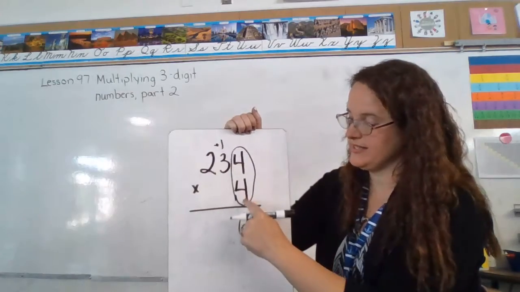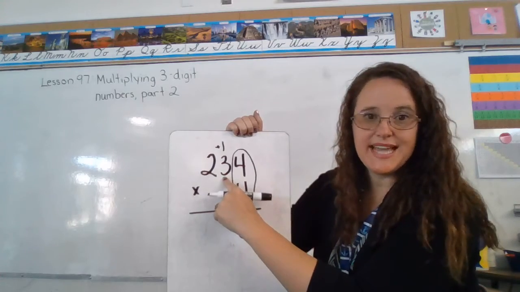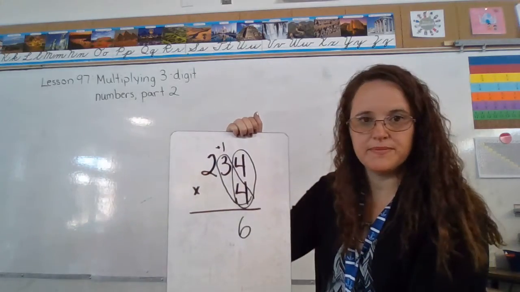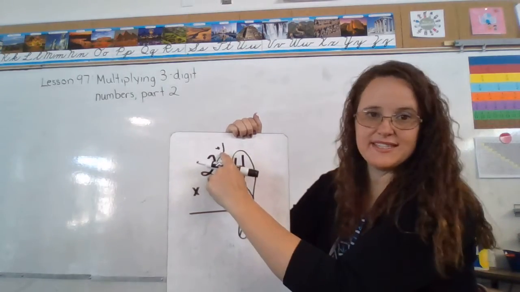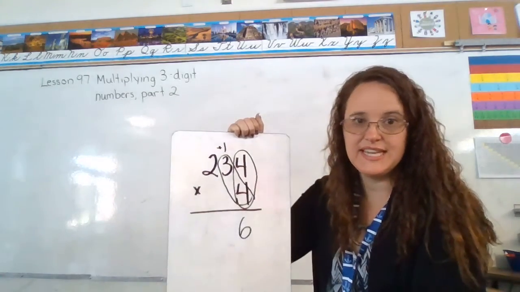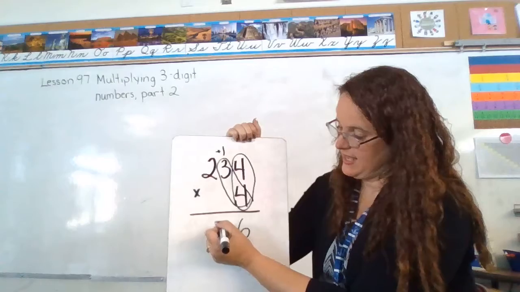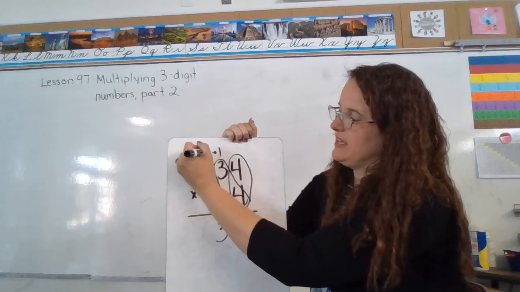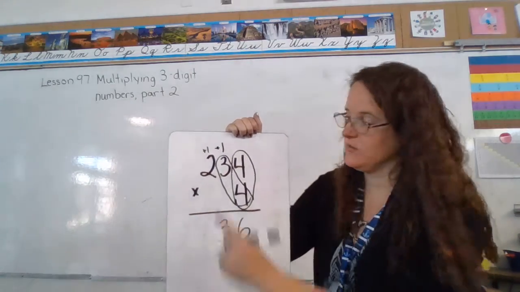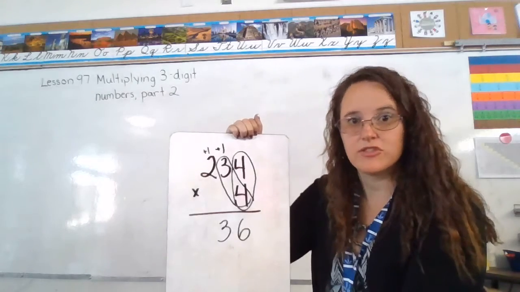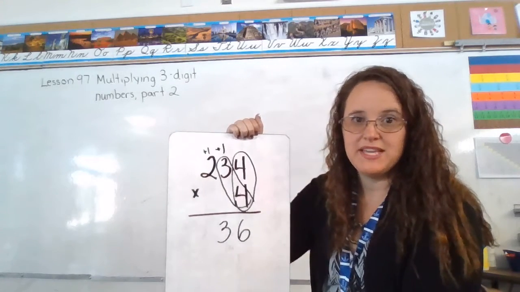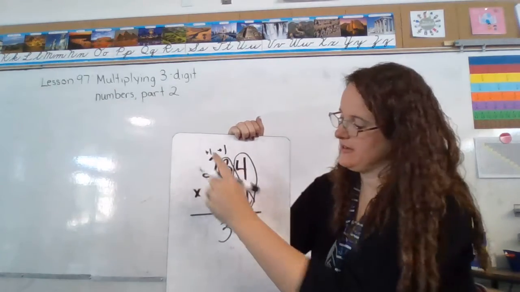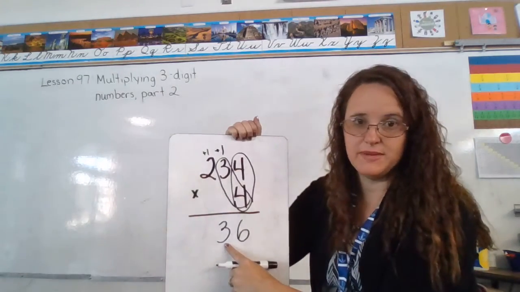So once I multiply the 1s times the 4, I have to multiply the 10s place times the 4. So here, 3 times 4 is 12. And I had this 10 that I had to carry, so now I have 13 10s. Once again, I drop the 3 to my answer there, and I carry the 1 of my 13, which is now in the hundreds place, because if I have 13 10s, it means I have 130 total. So I have an extra 100 here that I carried, and the 3 10s in my tens place of my